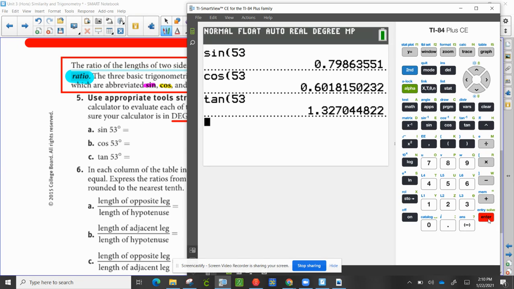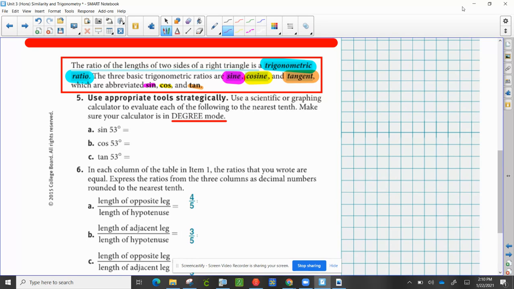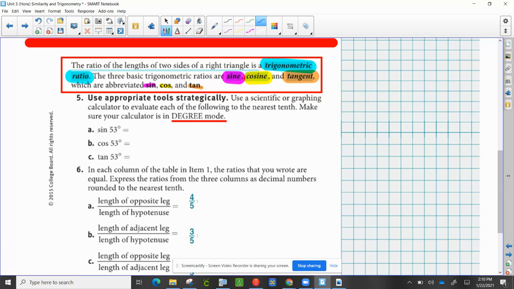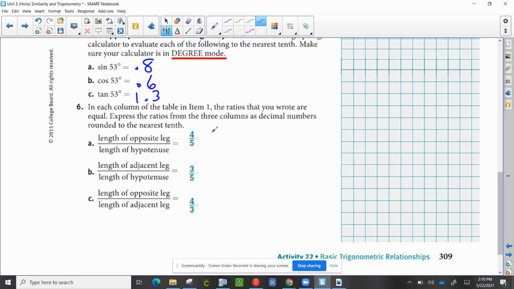So here's what I got. So 0.8, 0.6, and 1.3. I'm going to write those in. So I had 0.8, 0.6, and 1.3. Okay. All right, so going back to that table where we found those ratios, so the ratios